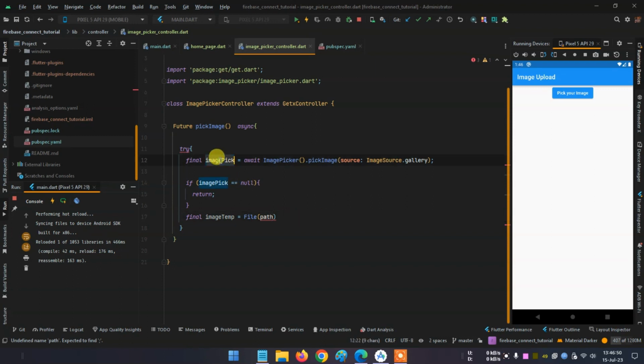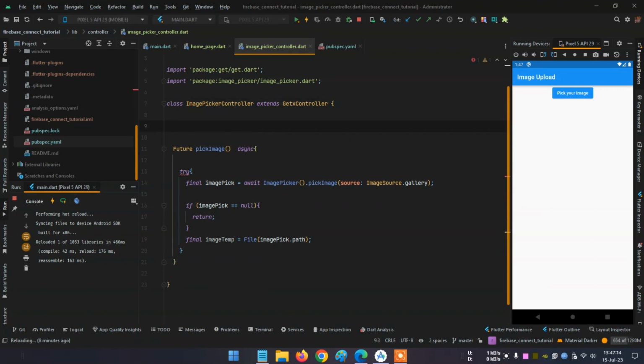So what is our path? Our path is this gallery's image, so imagePic.path. So we collect the path, I mean the directory, of our imported image. So we have to pass this imageTemp value